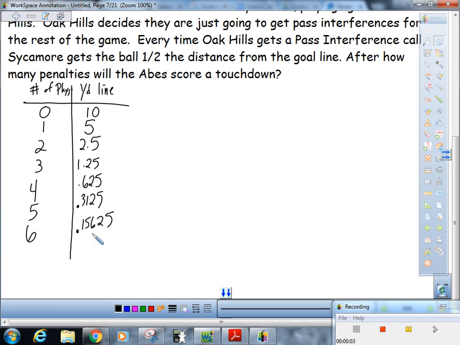It'll never get to 0. You're just getting perpetually halfway closer. And when people started thinking about this, they had to start thinking about, well, what if we could run infinity plays? And that literally is where the birth of calculus came from in somebody's mind, which is this guy, Leibniz and Newton. They're the people that started to think about calculus, which is, okay, I understand that infinity is a